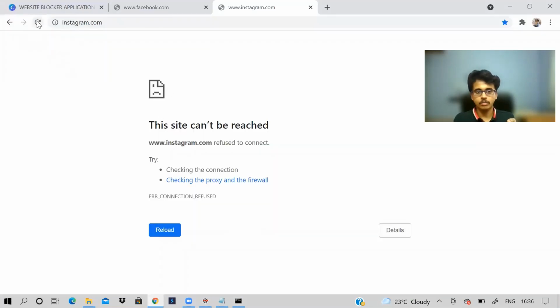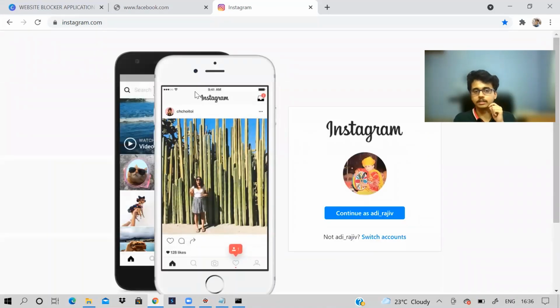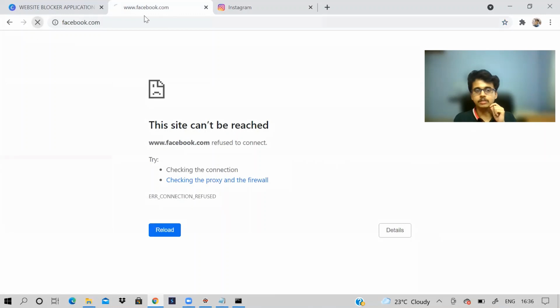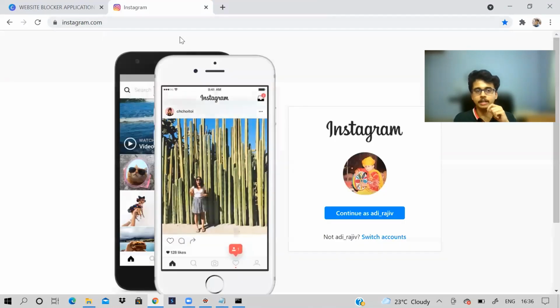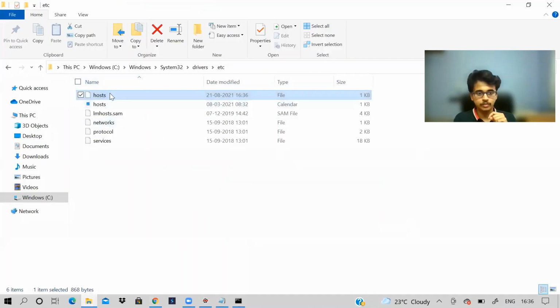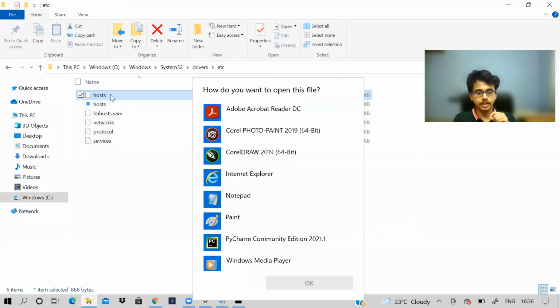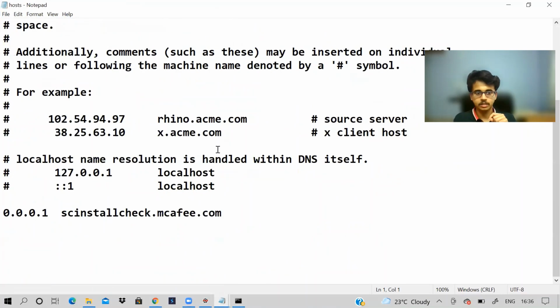So if I try to load Instagram, Instagram is loaded. Facebook will also be loaded. I'm getting Facebook and I'm getting Instagram. Now you can check your host file. See, those lines are completely gone now.